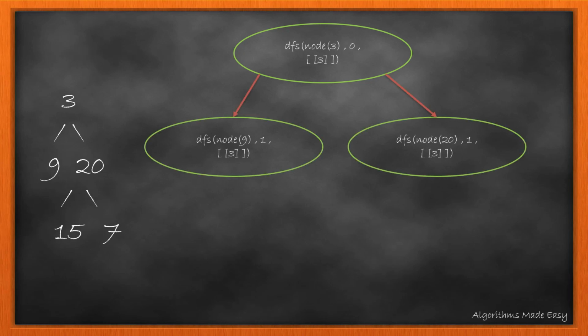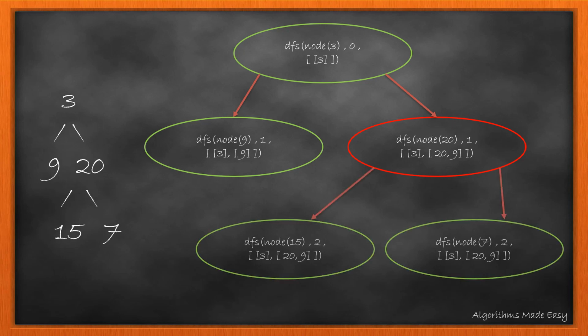We add the value 3 into the list at index 0 and call our method on its left and right child. Again, the size of the list is equal to the level, so we add the list into the result. And then we add node value 9 into the list at index 1. The same will happen with the node 20, but here we will check if the level is an odd level or even. For all the odd levels, we will add the node value at the start of the list, while for even levels, we will just add them at the end of the list. This particular check gives us the zigzag level order traversal. So we add 20 at the start of the list at index 1. We call the method on both of its children and perform the same operations.